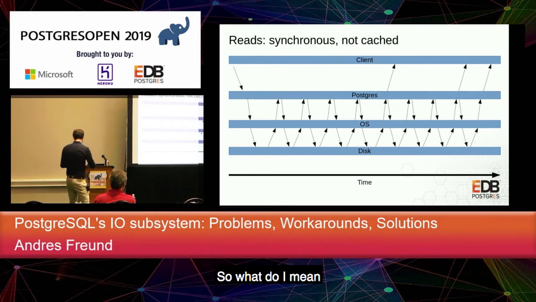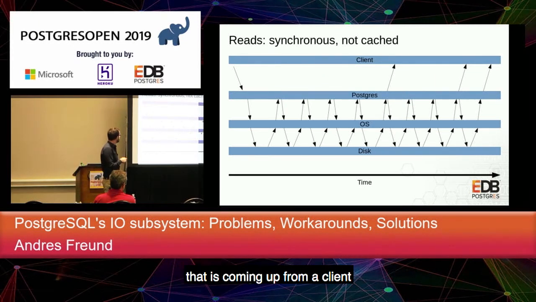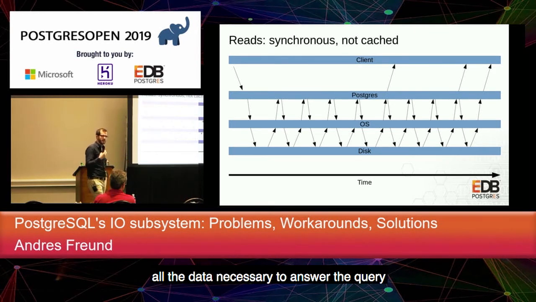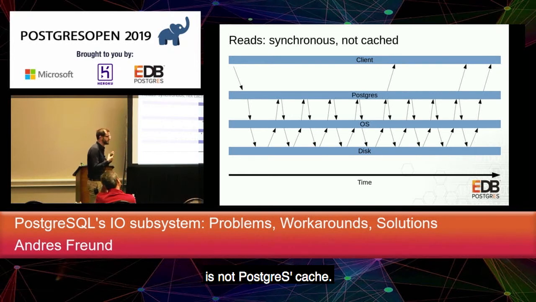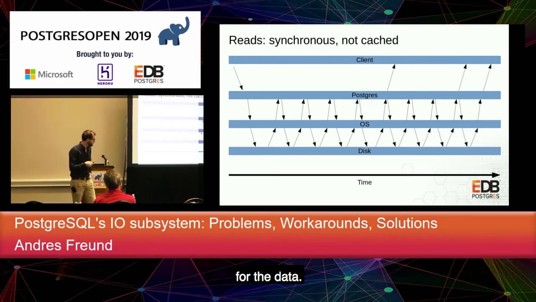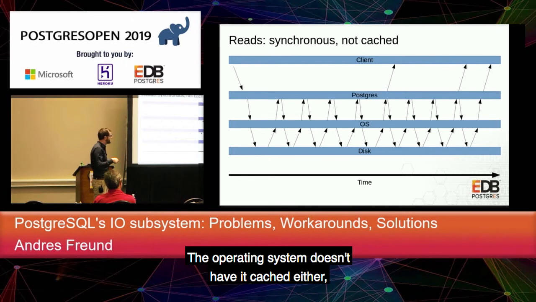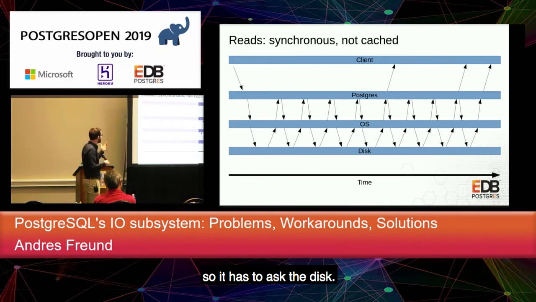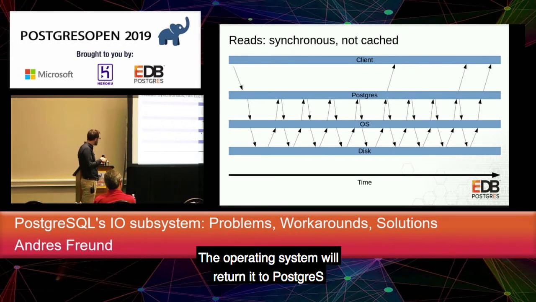So what do I mean by all these synchronous reads? Imagine a query coming up from a client to Postgres, and the data necessary to answer the query is not in Postgres' cache. What does it have to do? First, it discovers that it needs the block, then it asks the operating system for the data. The operating system doesn't have it cached either, so it has to ask the disk. The disk will work a bit and then return the data to the operating system, and the operating system will